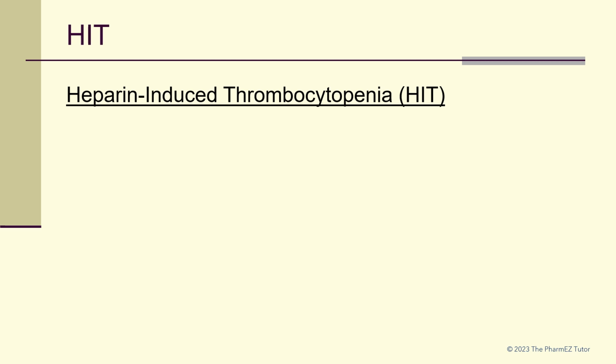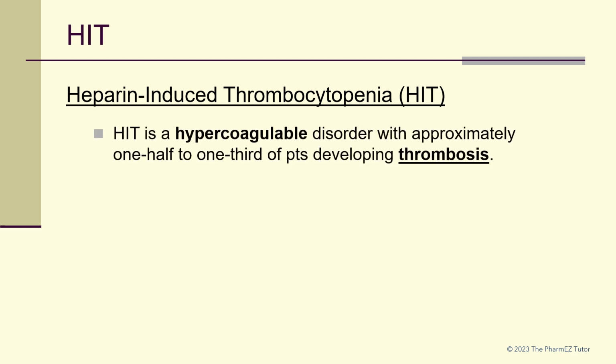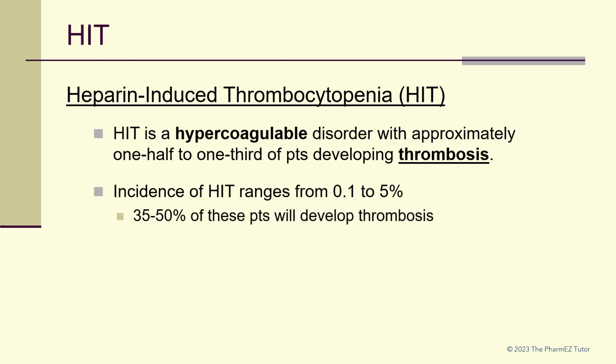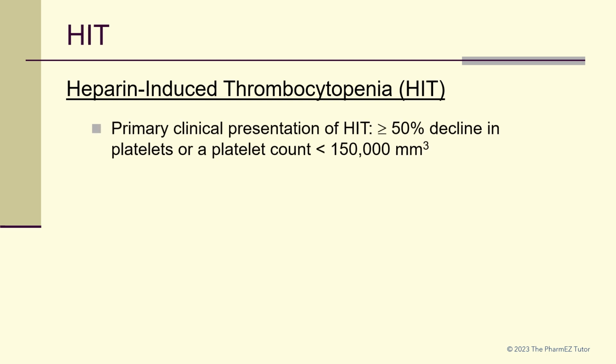Heparin-induced thrombocytopenia, or HIT, is a hypercoagulable disorder with approximately 1/2 to 1/3 of patients developing thrombosis. The incidence of HIT ranges from 0.1 to 5%, with 35 to 50% of these patients developing thrombosis. HIT is not dose-related. Primary clinical presentation of HIT is a greater than or equal to 50% decline in platelets, or a platelet count less